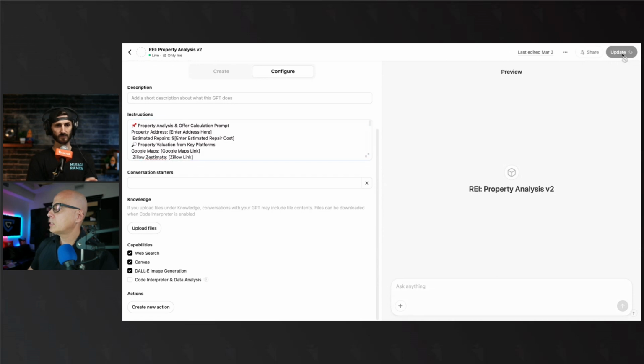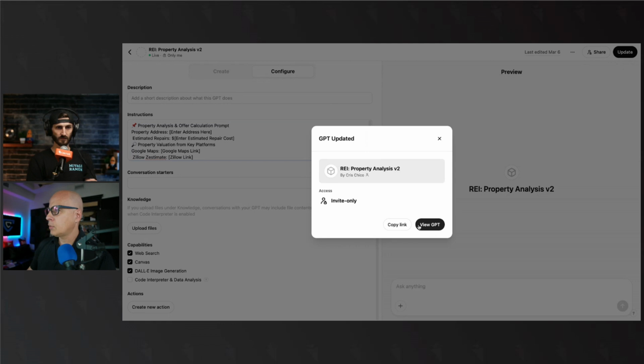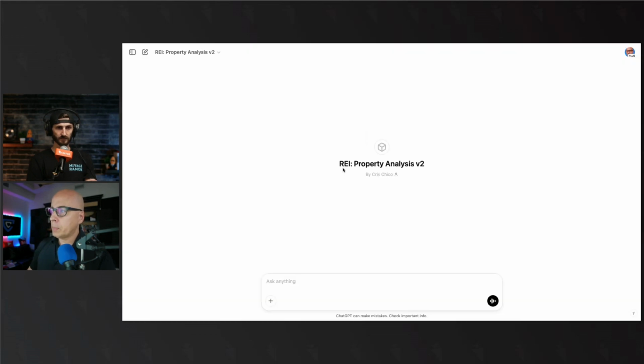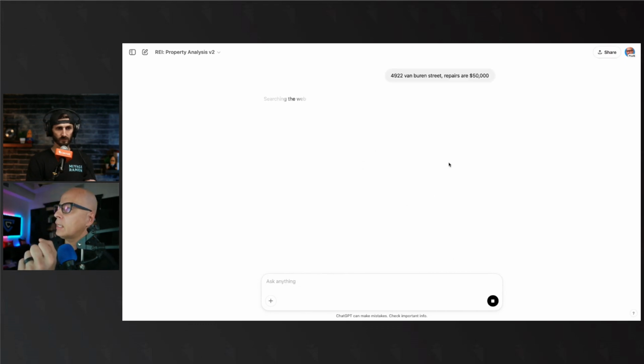What I typically do is, the ones that I use most frequently, I save in my browser as a bookmark. So let's say in this example I'm going to use an old address, 4922 Van Buren Street, and I'm going to put repairs at 50,000 as an example. So this is all I'm putting into ChatGPT. Now, when I click on here, it will go out and search the web and bring up